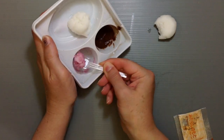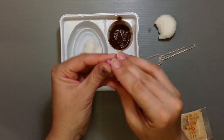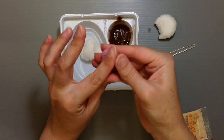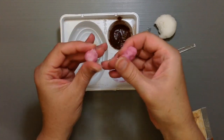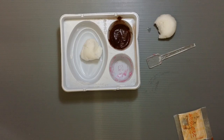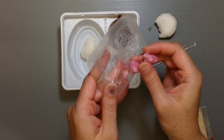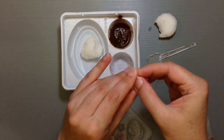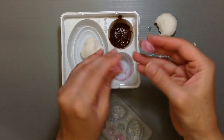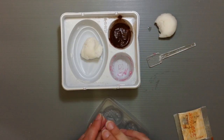Well, this is a little bit more solid than it was before. That's good. Maybe this will work. Feels like it might. But just put it into the strawberry mold, see what we come up with. It's going to be more than it needs to be, of course, because there's a little extra added. So I'd probably separate it into thirds, but let me just see if I can get...